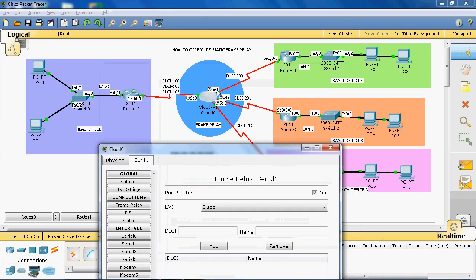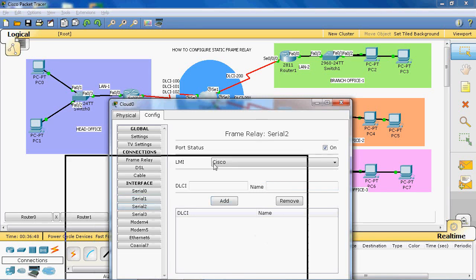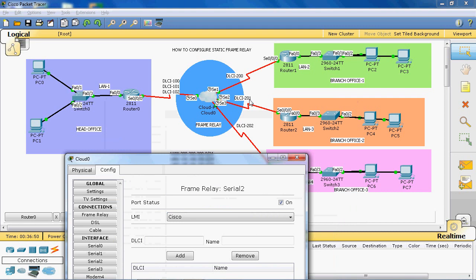In serial port 1, using DLCI value 200, we can send the packets from branch office to head office. So the branch office router R1 can send the packets to router 0. So here we can go to serial interface 1. Here we can give 200 and the router name is R0, add. Next we can go to serial 2. Here we can use the DLCI value 201. So using 201,